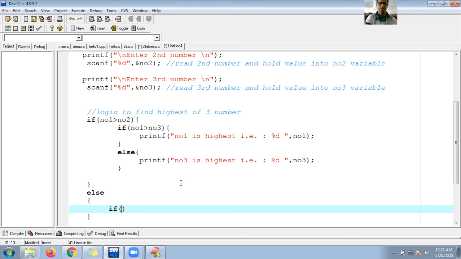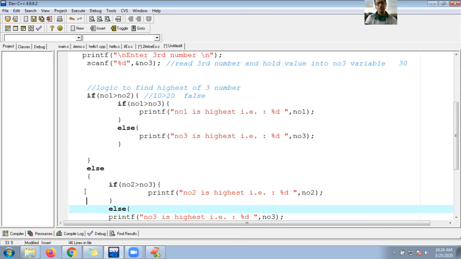Control will jump into the else block. In the else block, again I am trying to compare. Here, 20 and 30. Is 20 greater than 30? True or false? Again it becomes false.